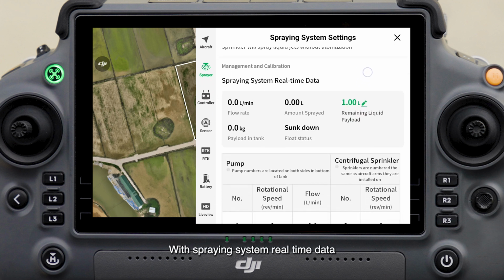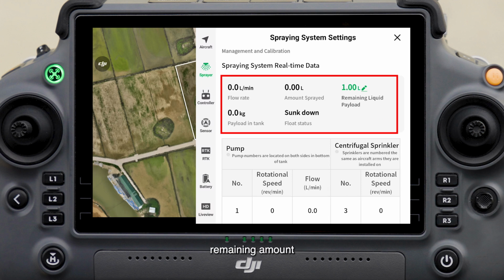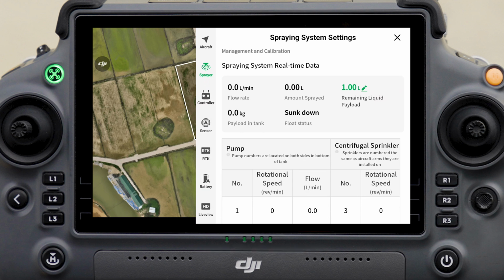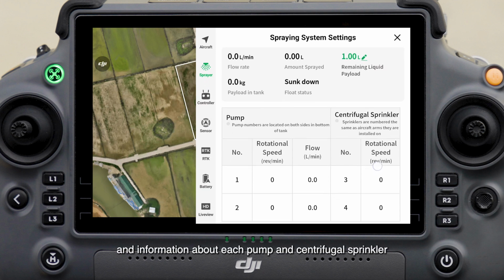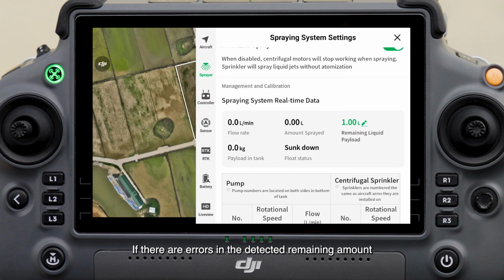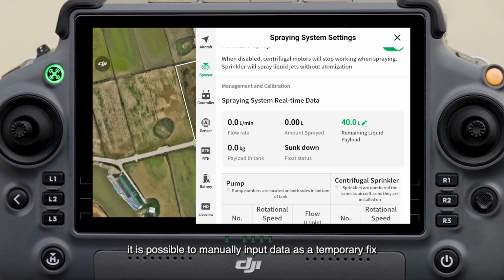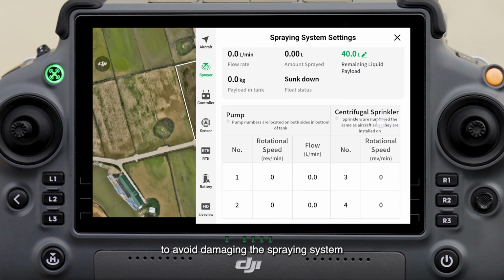With spraying system real-time data, you can view the flow rate, amount sprayed, remaining amount, payload and tank, status of the liquid level gauge, and information about each pump and centrifugal sprinkler. If there are errors in the detected remaining amount, it is possible to manually input data as a temporary fix. When doing so, pay close attention to the spray tank level to avoid damaging the spraying system due to the